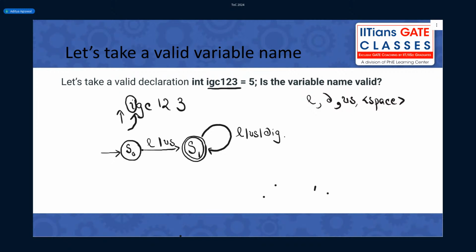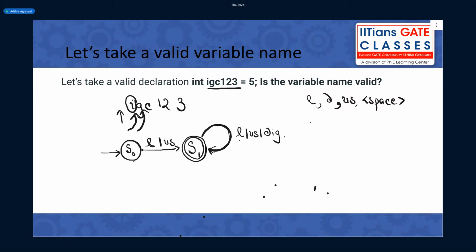Because from S0, if you find a letter or an underscore, and in this case it's a letter, you go to a state called S1. So I'm at S1 now. Then the next character I have to deal with is G. G is also a letter, so I will come back to S1. It's a valid thing, right?